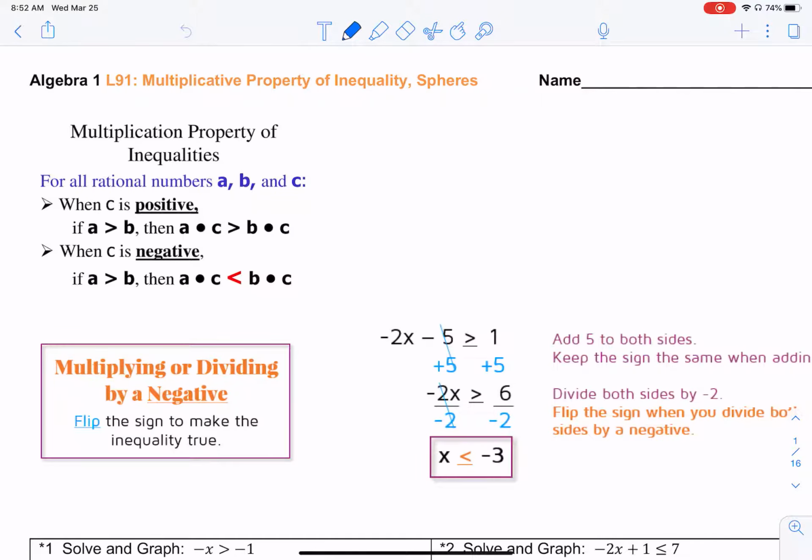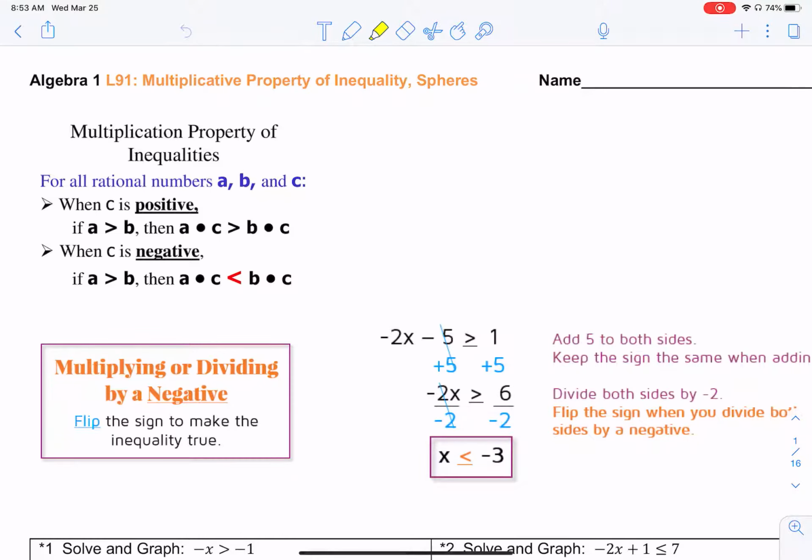Hello, Algebra 1. This is Lesson 91, Multiplicative Property of Inequality, as well as Spheres. We're going to start off with that multiplication property. We have worked with inequalities before. The new topic here today is when we multiply or divide by a negative, we end up flipping the sign